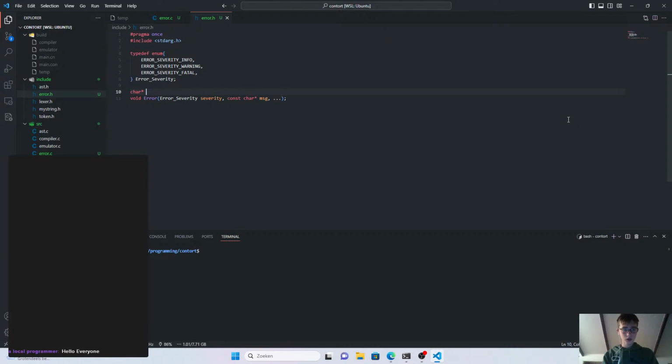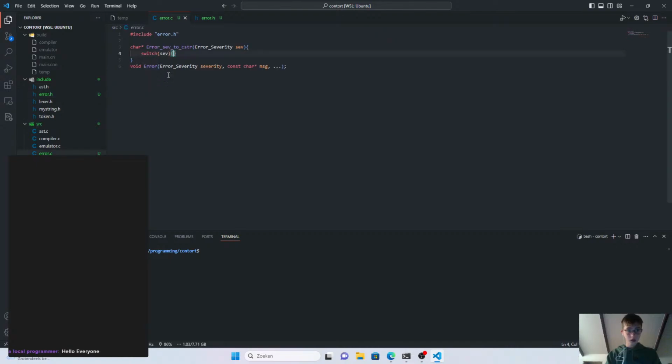So we're just going to call it cstr with the error severity set. So yeah, we copy this over into the error file. We will include the error header. I just paste it,